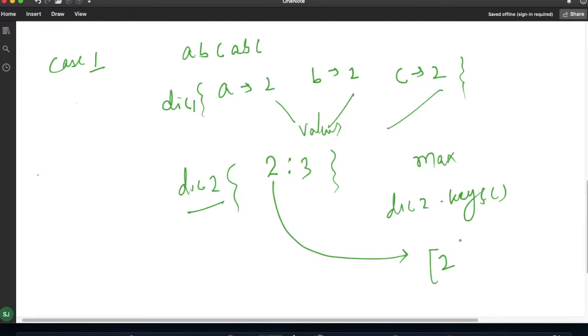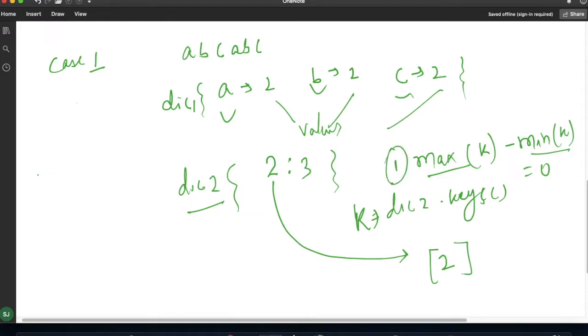Now suppose I am saving this in a k. If I take the maximum of k minus the minimum of k, and the maximum minus minimum is 0, it means all the occurrences are equal.